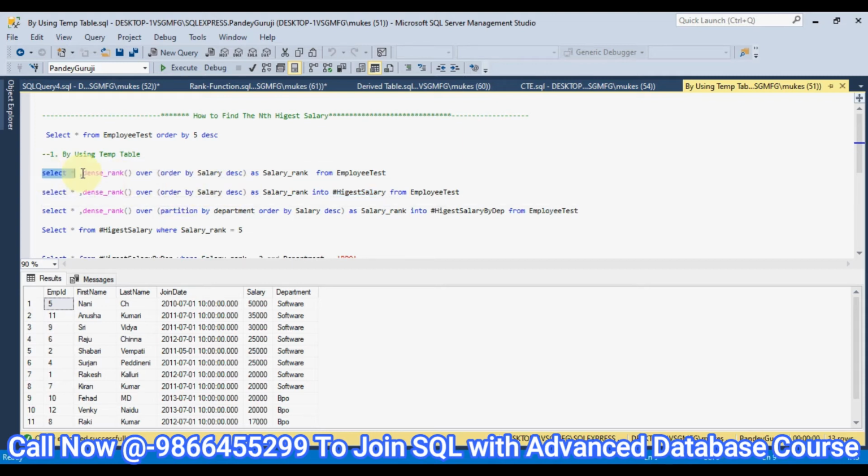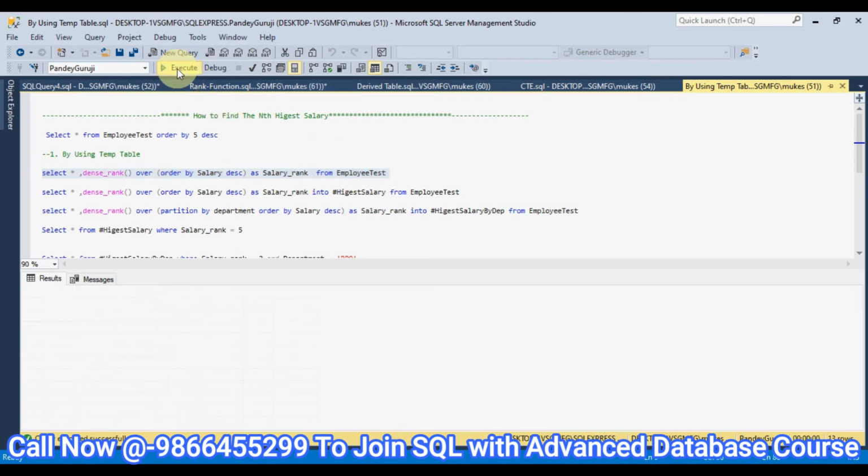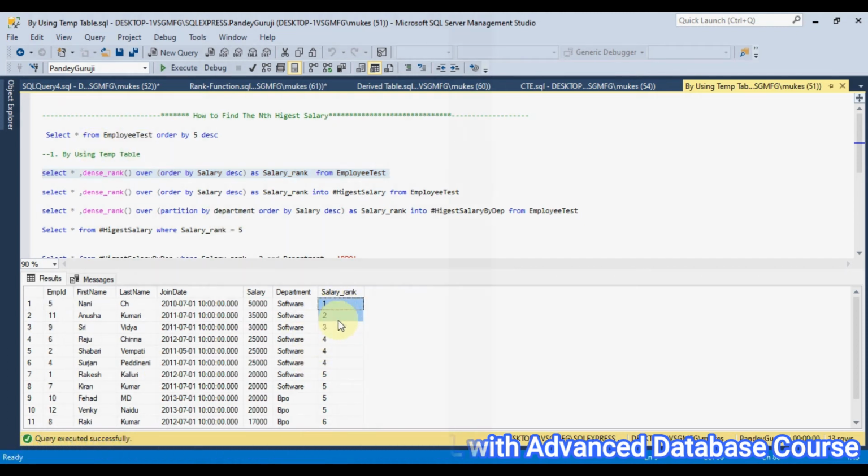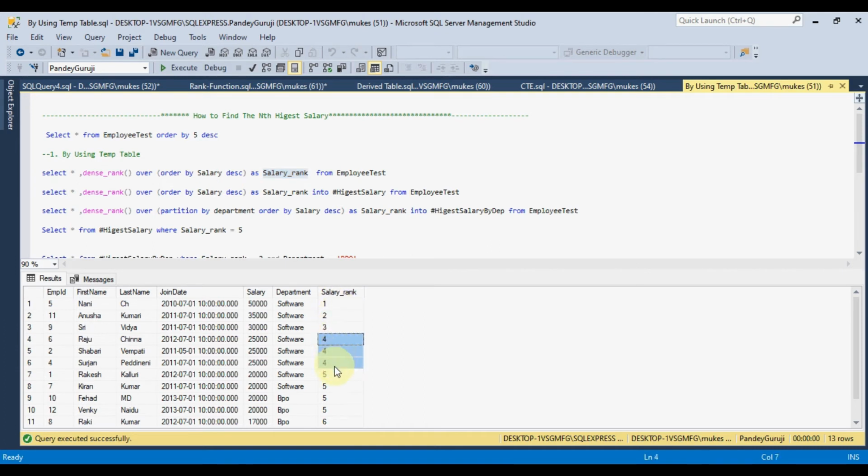What we are doing is creating the dense rank over the employee test table. In the employee test table you can see I have given one alias name to the column, salary rank: 1 2 3 4 5 6, 4 4 4. The entire data I am putting into one temp table called highest salary.